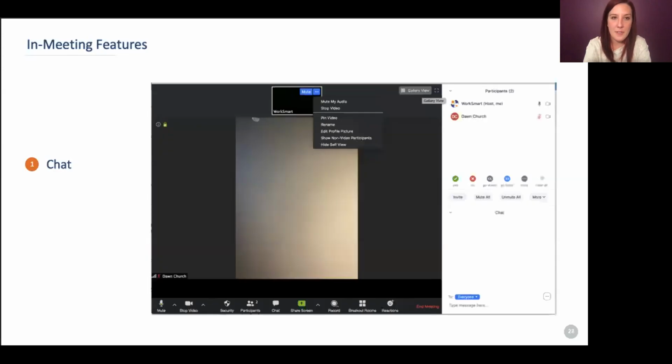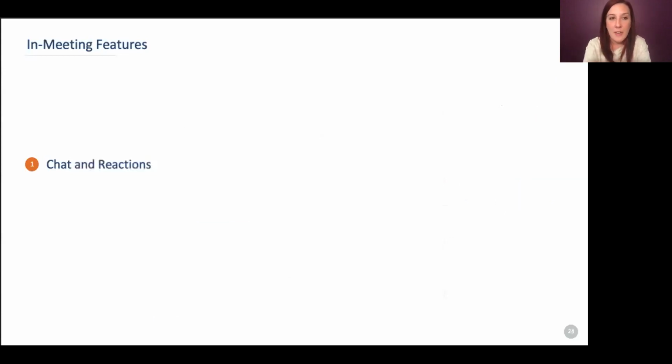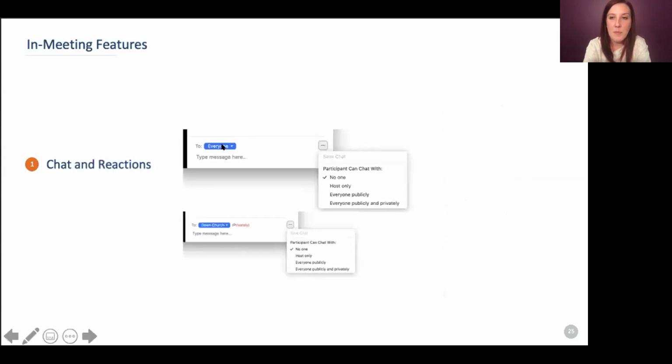So chat looks like this. Again, you're going to access it from the bottom toolbar. If you click on chat, it's going to pop up this participant list again, but it's also going to pop up a chat window underneath the participant list. Chat allows you to chat with everyone or with an individual person only. If I had multiple hosts here, you can also select chat to all hosts. The way that you change those things is by clicking on that blue icon and selecting from the drop-down menu of either everyone, all hosts, or the individual participant.